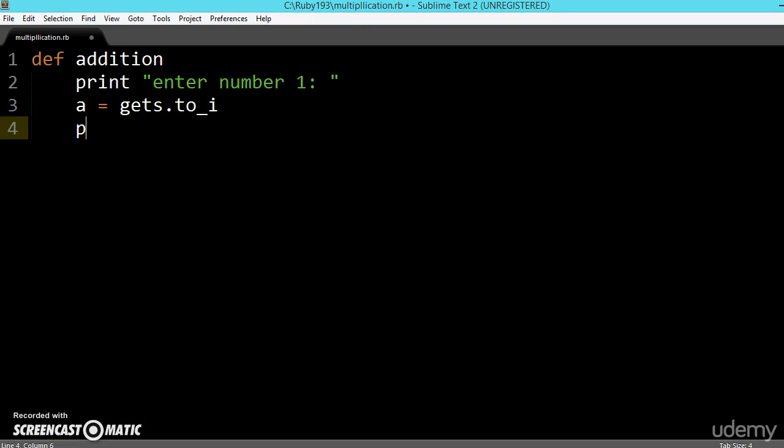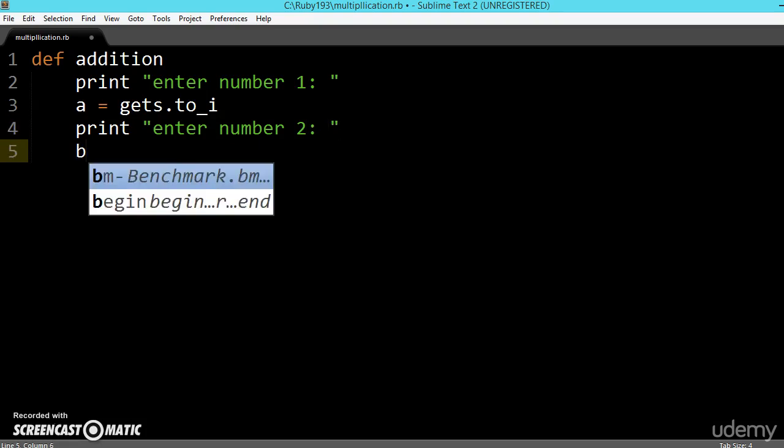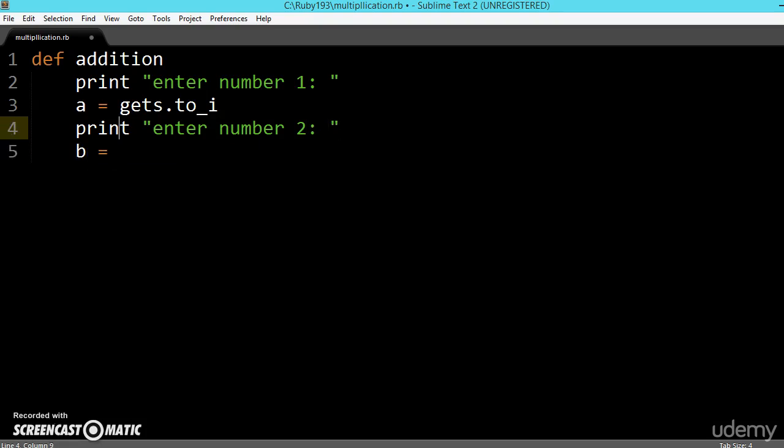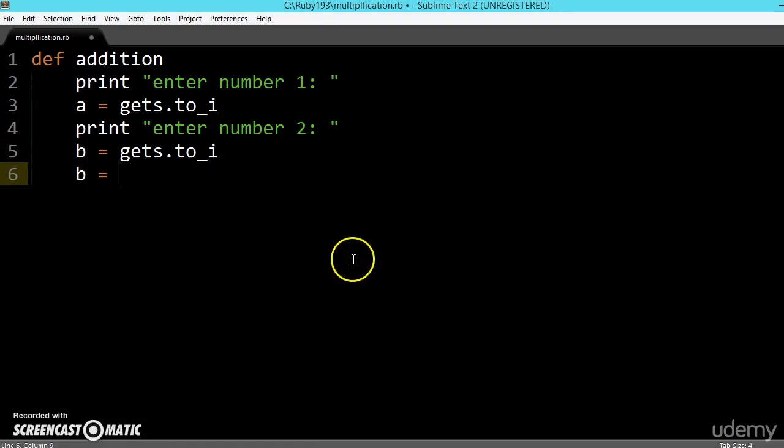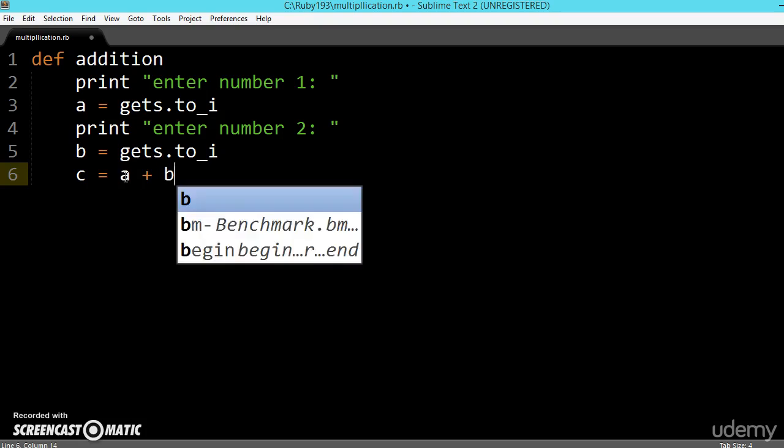And now again print "Enter number 2", b is equal to gets.to_i, get it from the user and convert it into an integer. Now c is equal to a plus b.